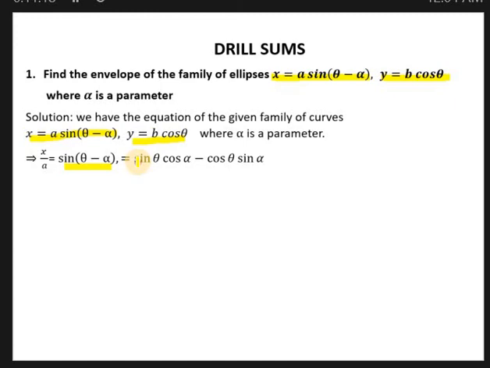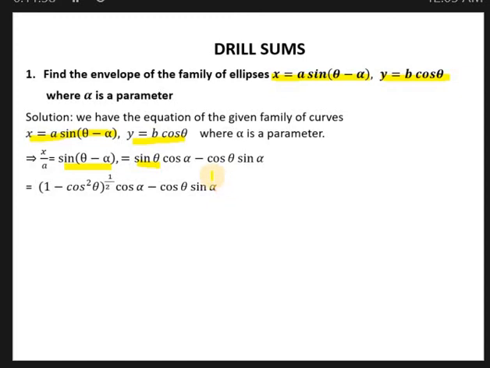Now let us take this sine theta in terms of cos theta. We have the trigonometric identity, sine square theta plus cos square theta is equal to 1. Hence sine square theta is equal to 1 minus cos square theta. So we want sine theta, hence sine theta is equal to 1 minus cos square theta whole to the power of half. Let us substitute that. In the place of sine theta, we have taken 1 minus cos square theta whole to the power of half, and take this cos alpha as it is, minus cos theta sine alpha also as it is.